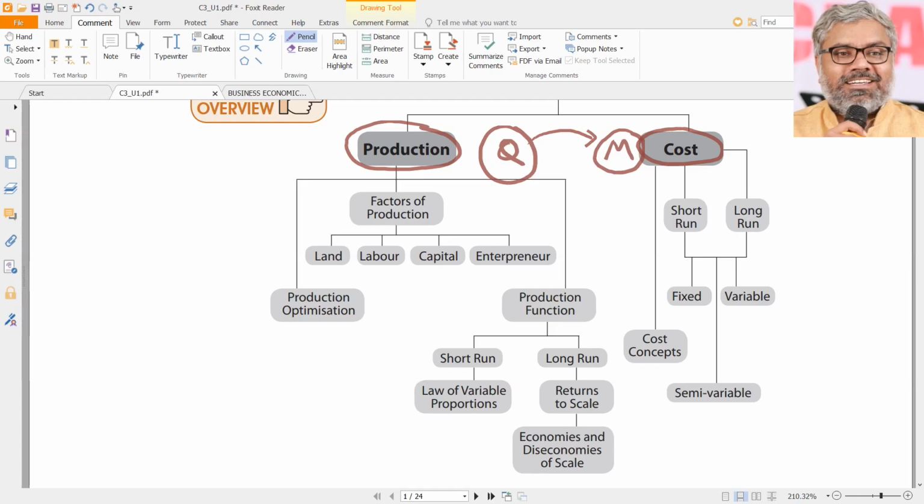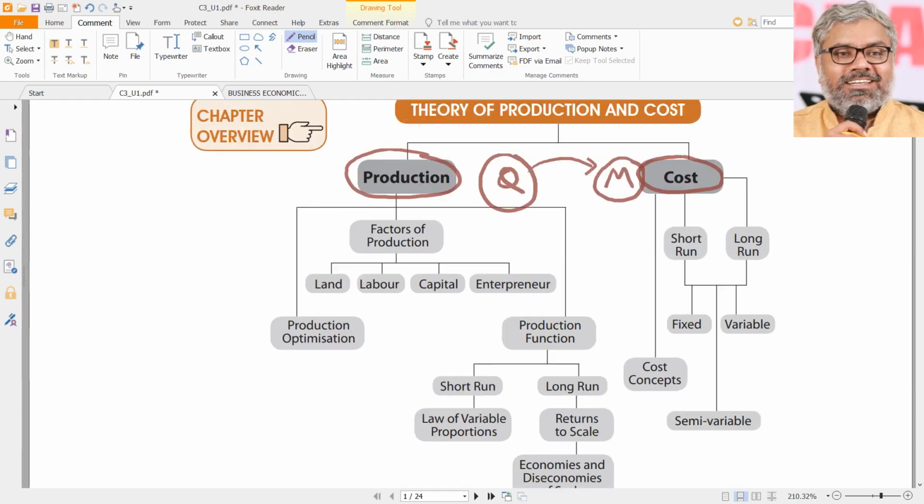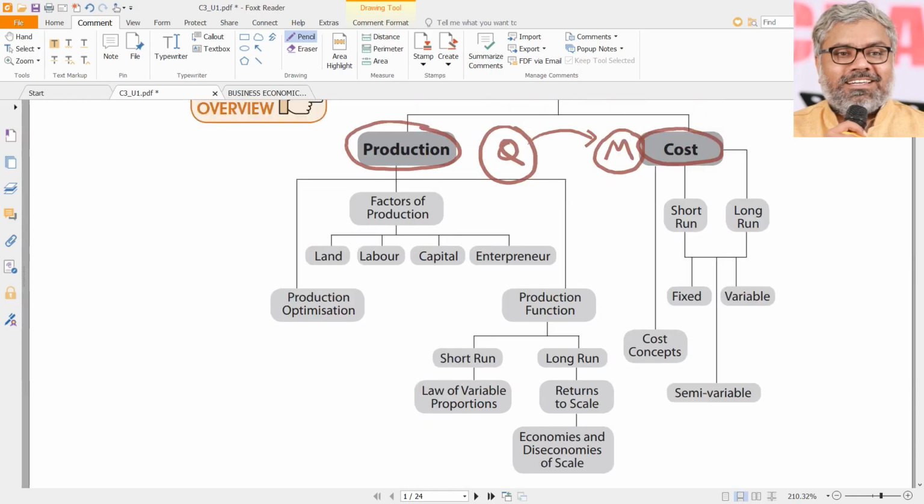Any number in the world is not money. That is the biggest mistake most of the students, particularly CA students, make. So don't make that mistake. Quantities are also numbers. Money is also numbers. But what is the number referring to in a question? We should be very clear about it. So that is the first point we can say before we enter into this chapter itself.